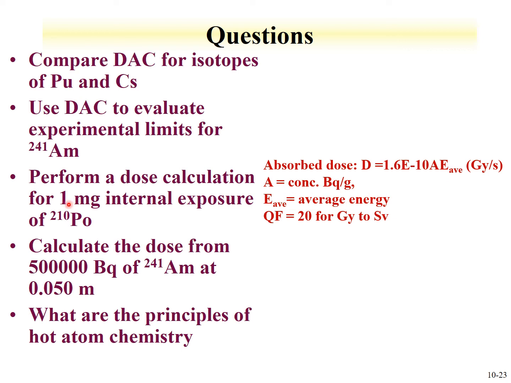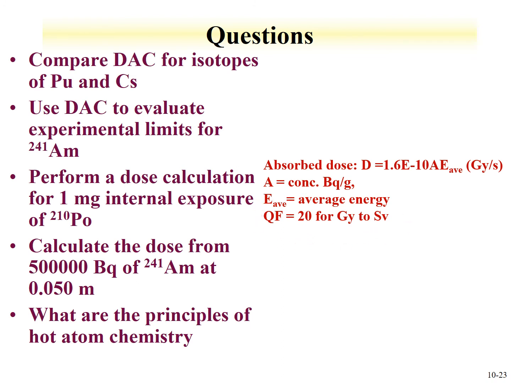For this work, we could talk about the absorbed dose. You'd have to put in a mass that it would be absorbed to. If you're using something like a reference person, that could be on the order of 70 kilos. Milligram, you'd have to convert this to activity. So I'd get becquerels in 70 kilos. So I get becquerel per gram, assuming a complete overall exposure. The average energy, you could look up for the decay of polonium-210, and then you'd get this value in grays per second. If I want to convert it to sieverts, I need to multiply it by the quality factor 20 for alpha,